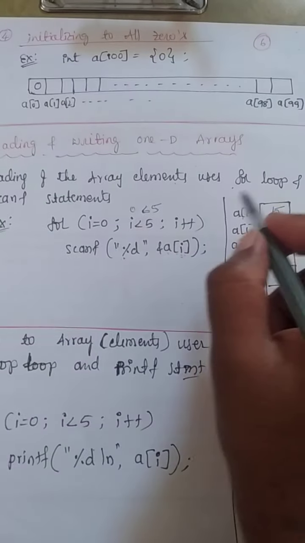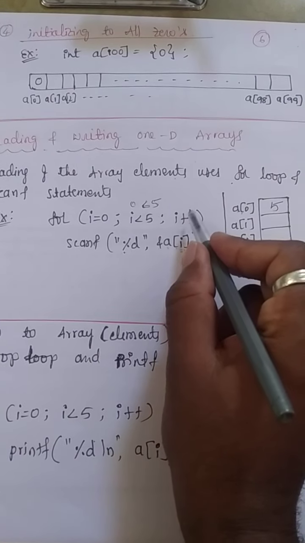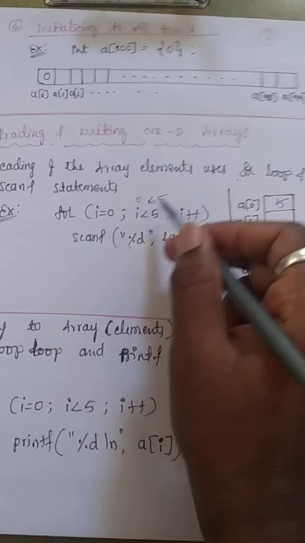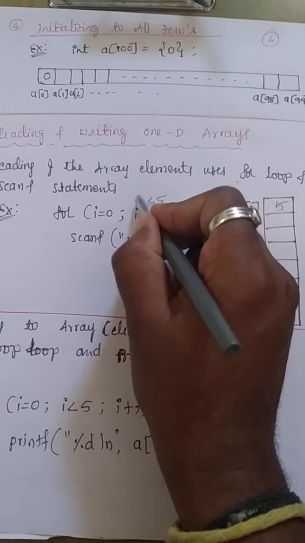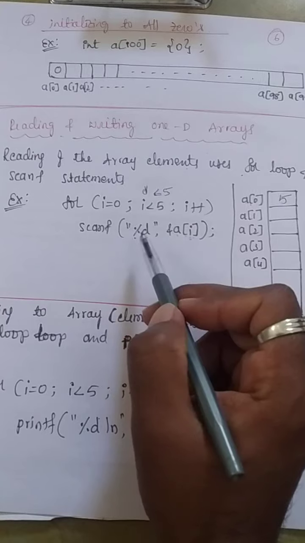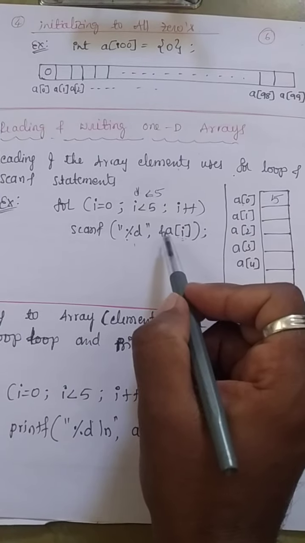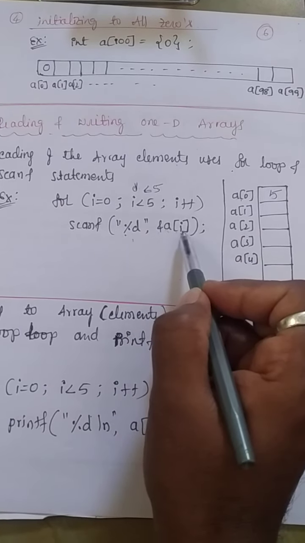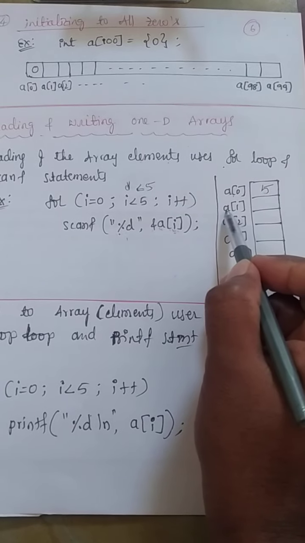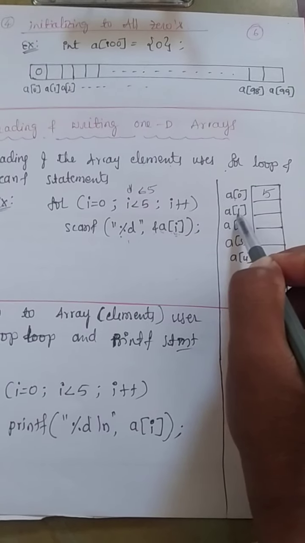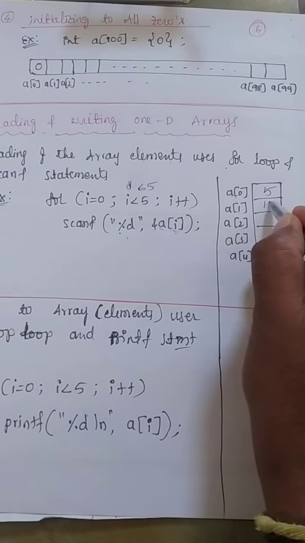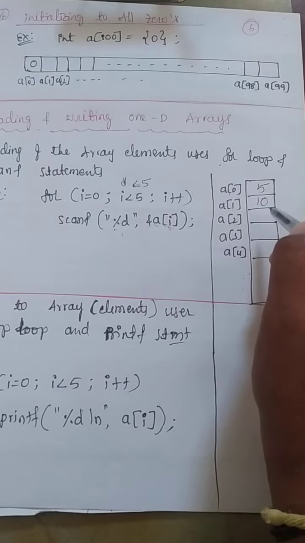Okay, now next, after this what happens? Control jumps to i plus plus. So i plus plus, in the sense, earlier i value was 0, now it becomes 1. Correct? Whether 1 less than 5? Yes, condition true. When this condition is true, again the scanf statement will be executed. It means in the place of a[i], the i value is now 1. a[1]. Where is a[1]? Here it is. In this location, you can read the second element. Whatever element you want, you can read it. I am going to enter 10.